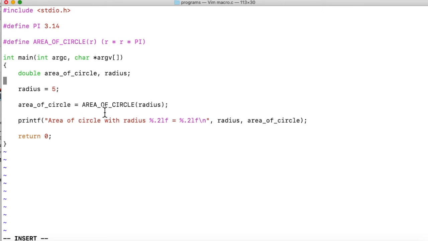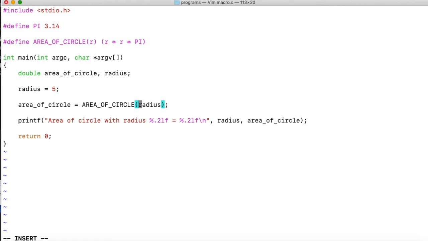If you want to read more about these phases of translation, I have added a link below in the description. Our main goal right now is to understand when the preprocessor is invoked. The preprocessor is invoked before the compilation stage. The compilation stage includes syntactically and semantically analyzing the code, converting it into machine language and all, but the preprocessor is executed before the compilation. So you can make checks like am I on that OS, am I on this OS, or if you defined a macro like AREA_OF_CIRCLE, it just gets replaced before the compilation starts.